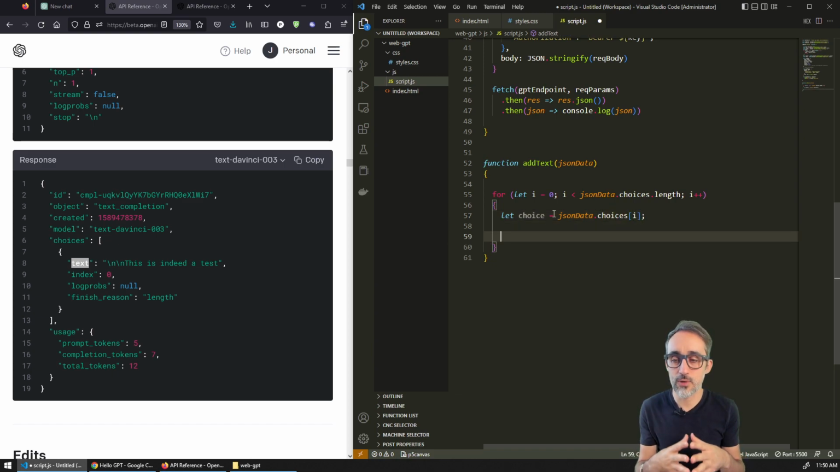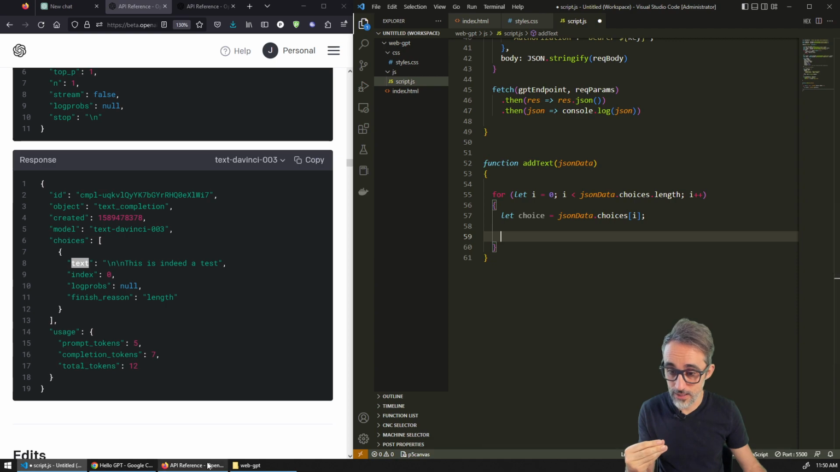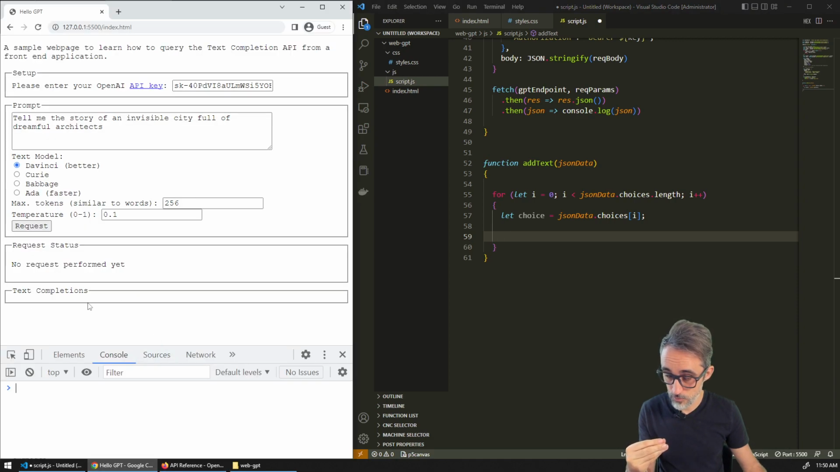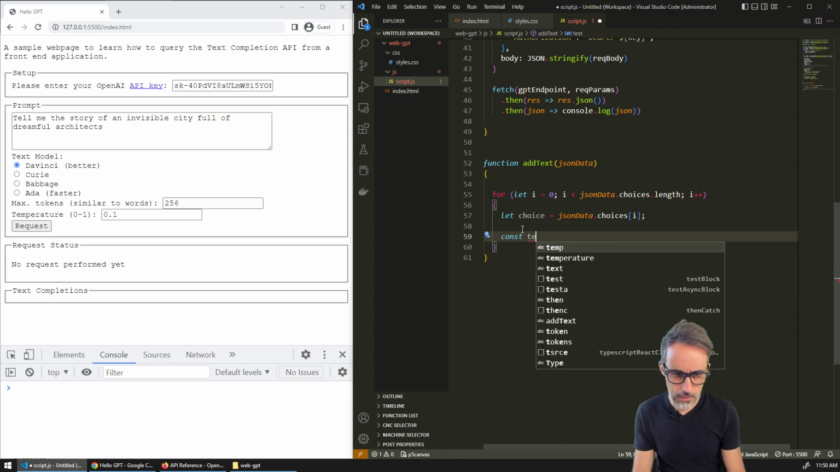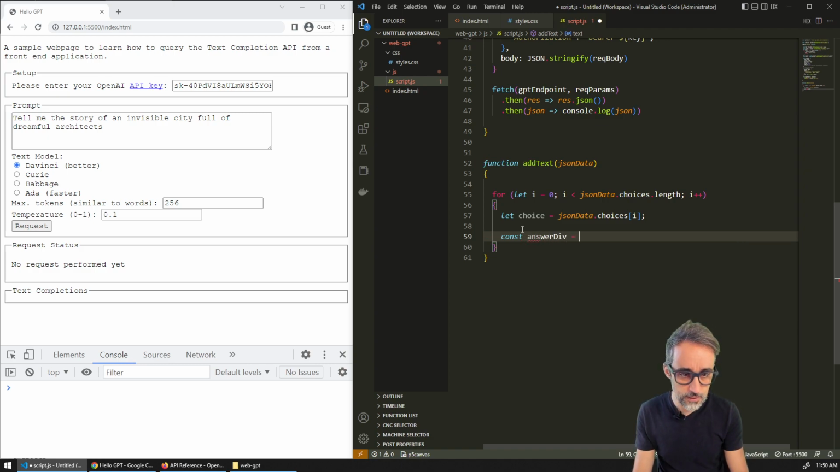Okay. And then what I would like to do is make an object that I'm going to attach here, which is going to have that text. Okay. So how is that going to look? Well, let me, for example, say I'm going to create a div object. That's going to be, for example, text. The answer is going to be